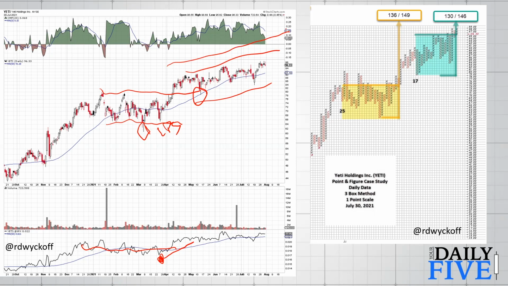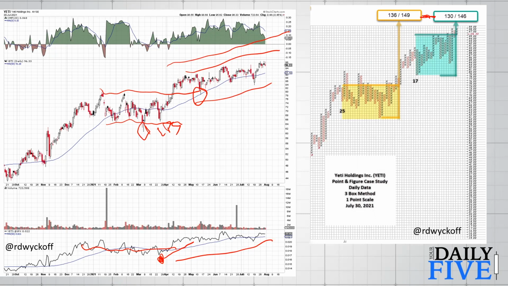Notice the upward stride of this next reaccumulation structure, which also is accompanied by strong CMF. So money flow is confirming the higher prices. We also have confirmation of relative strength, making higher highs and higher lows. Notice here the point and figure, the area on the left is the yellow shaded reaccumulation count. The area on the right, the green shaded area, is the upsloping reaccumulation, and they confirm each other. So this is what we call a stepping stone